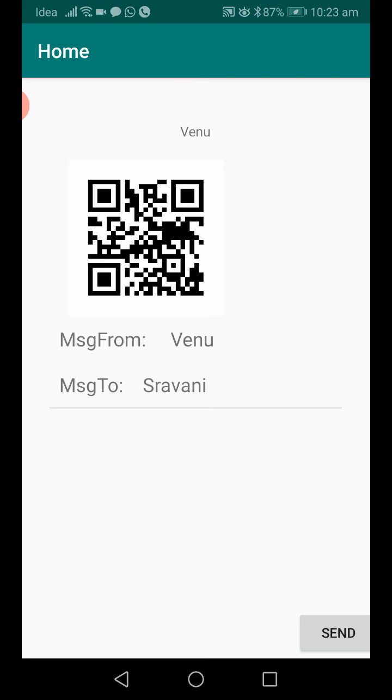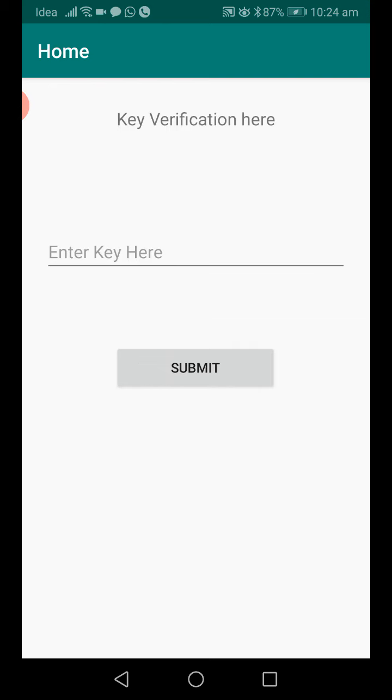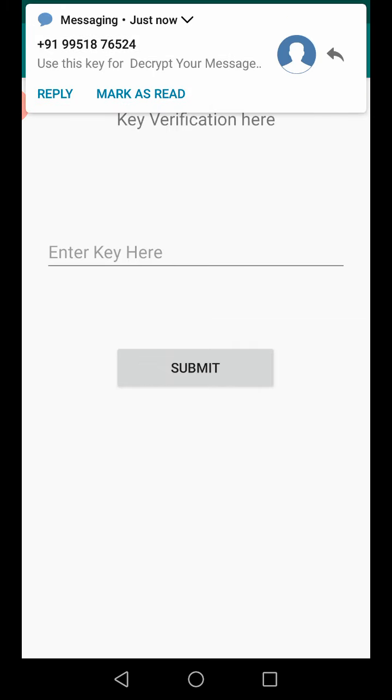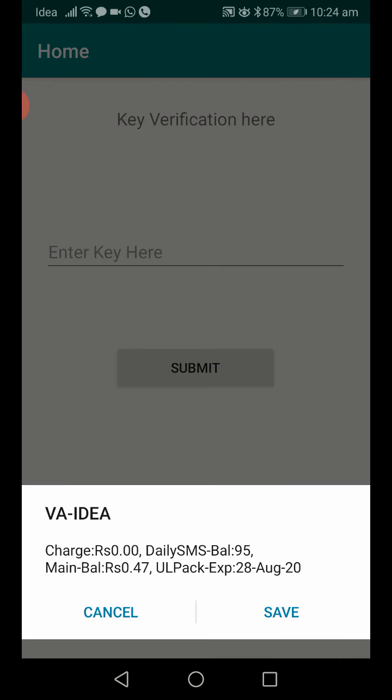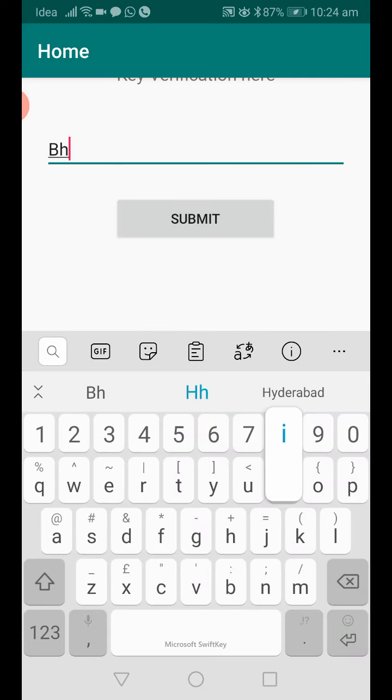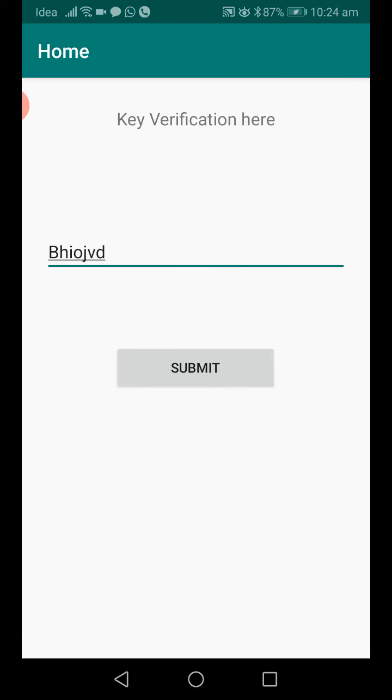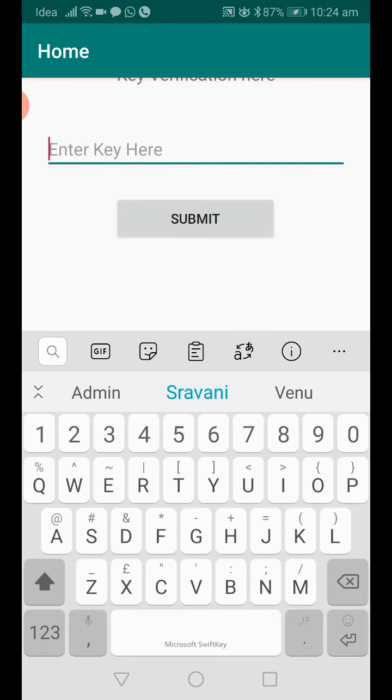If I want to decrypt this message, I click on my QR code. Again I get one key. Based on this key, if I enter a wrong key, look at what it shows. I enter some unwanted key. Please enter a valid key. If I enter the correct key, then only I can see my text. Like this, we provide more security for the message.